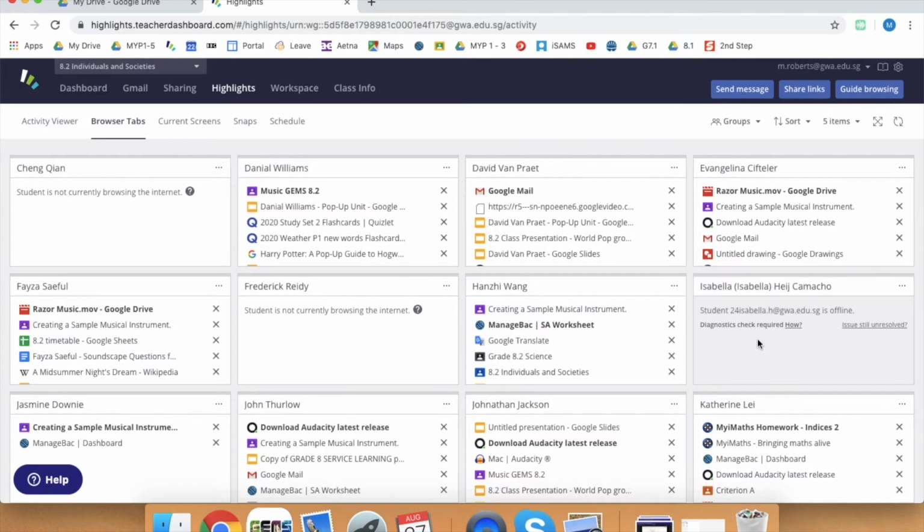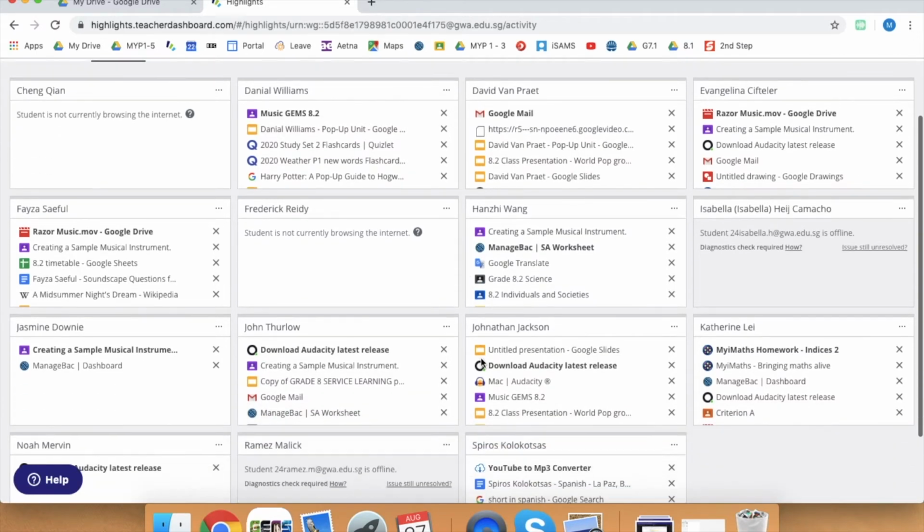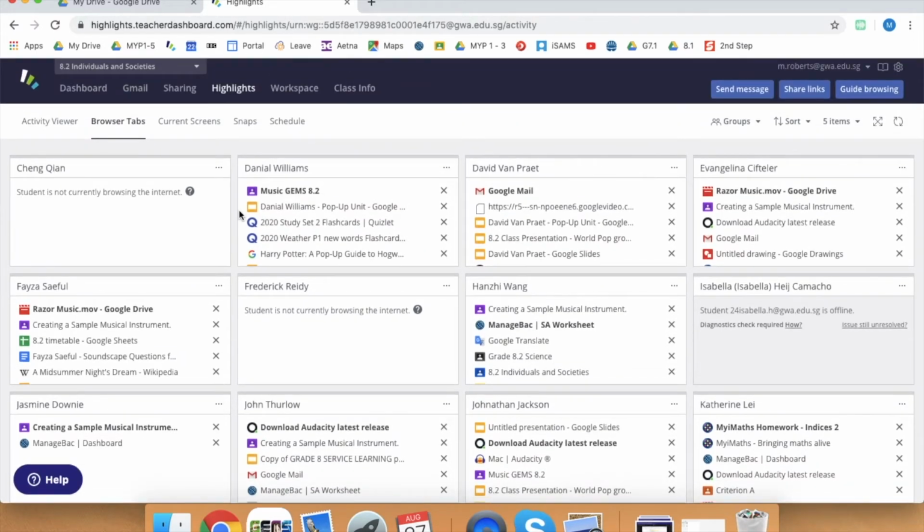It may mean that the Hapara analytical tool hasn't been pushed onto their computer, and Patrick and I are currently looking at that. Under this subsection here, browser tabs, you can see all of the screens that the kids currently have open. If I wanted to, I could close these off. I won't be doing that as there is a lesson going on, and I think that would be very inconvenient